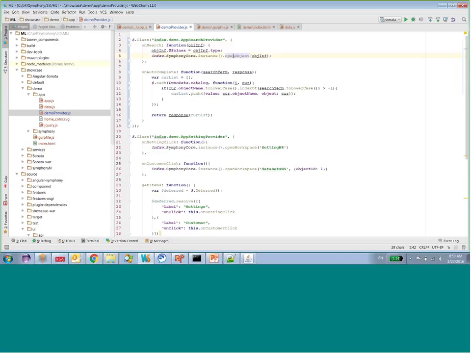This is a different API from what we had before. We had an open workspace before, where you give the workspace ID and open it. But this open app object will pass object information with its type. And we will scan all the asset workspaces and see which asset workspace can support this type. And then it will use this asset workspace to open this object. So if I want to open customer,